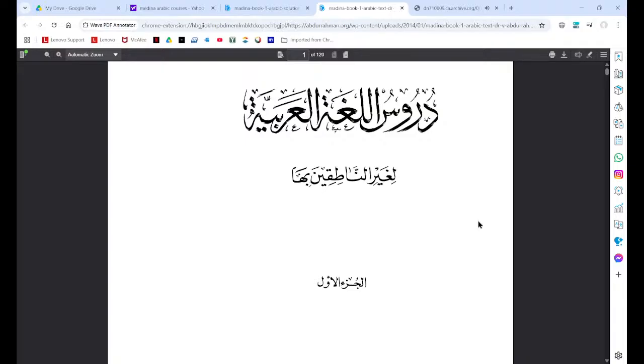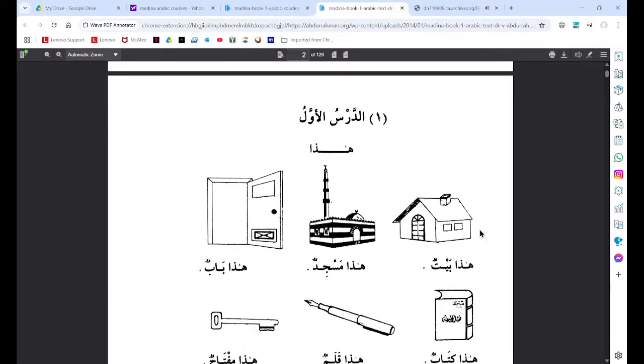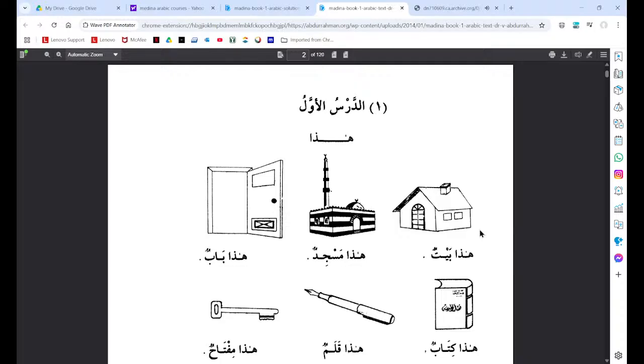Okay, and so the next thing that we want to give an explanation on is that we need to understand the parts of speech of the language of Arabic, inshallah. Okay, so we want to know what the parts of speech are and know how to identify them, inshallah. So in the beginning of the poem of Al-Ajrumiyya, the Al-Ajrumiyya is a poem that contains in it all of the rules of grammar.